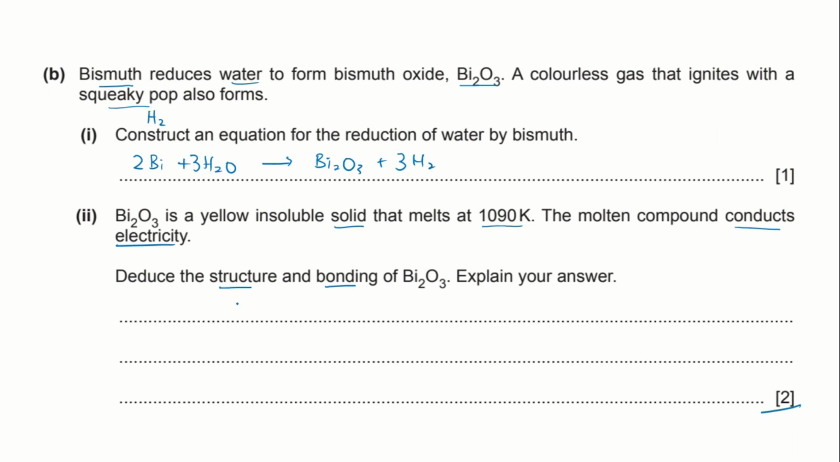So let's talk about the structure first. It has a very high melting point. So that tells us that bismuth oxide has a giant structure, right? It is giant ionic because it will conduct electricity in its molten form. So giant ionic structure. Now we have to explain the answer. Do not just write the structure,